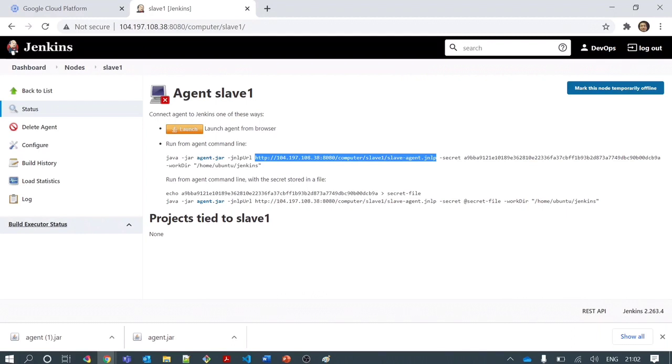Actually, Jenkins uses JNLP protocol to connect and communicate between the slave and master nodes. And here it will be using the URL of your Jenkins master, and it will provide one secret that is confidential and will be used among these Jenkins connections only. So our Jenkins master and agent will be able to communicate with the master with this secret token only, and the working directory will be the one that I provided in the configuration, that is home Ubuntu Jenkins.